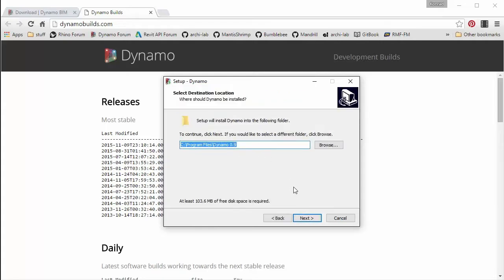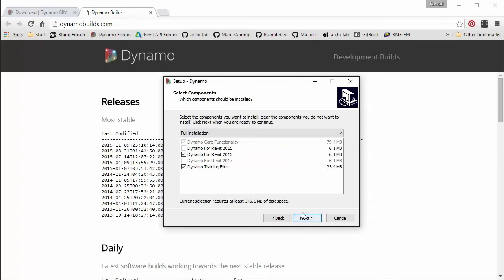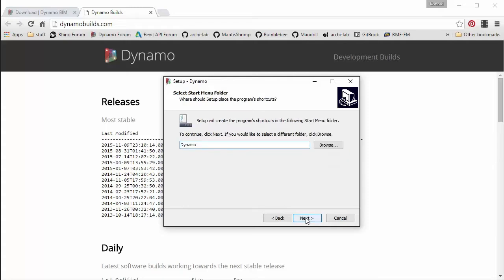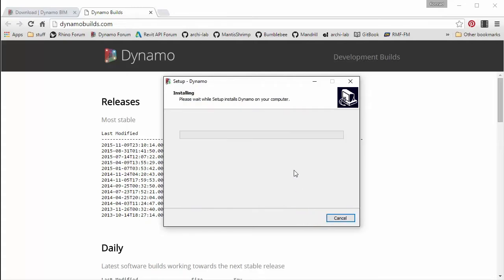I recommend leaving the default path here and just clicking through it. If you have multiple versions of Revit installed, you can choose to install Dynamo for all of them. And then I'm going to install training files as well, and we're going to be talking about those in a second. You can click through all these, just hit install. And again, it shouldn't take too long. It's really just a little bit over 50 megabyte installation file.